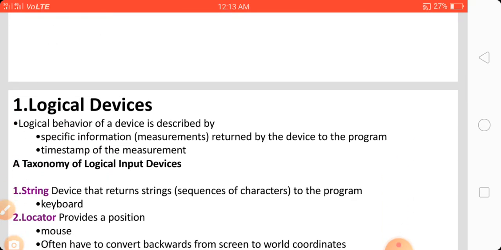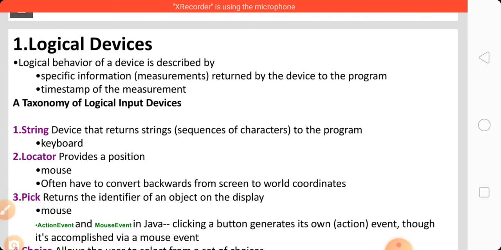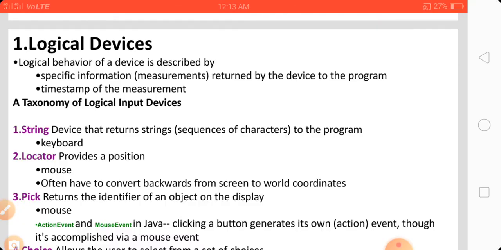So the first topic is logical devices. The logical behavior of a device is described by the specific information written by the device to the program, and second, a time stamp of the measurement.